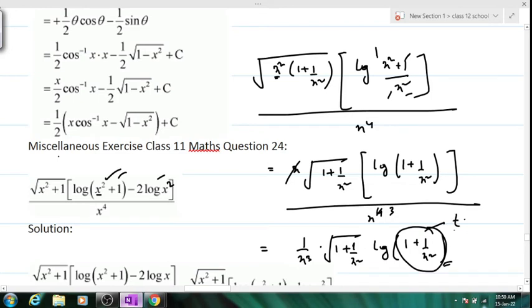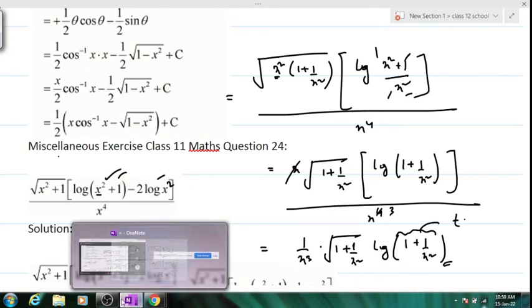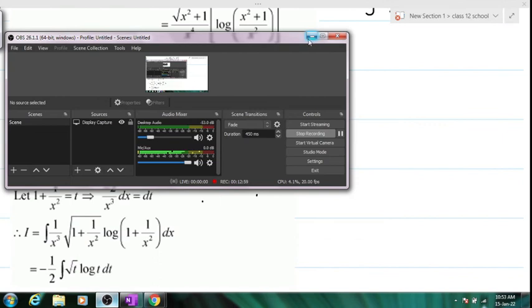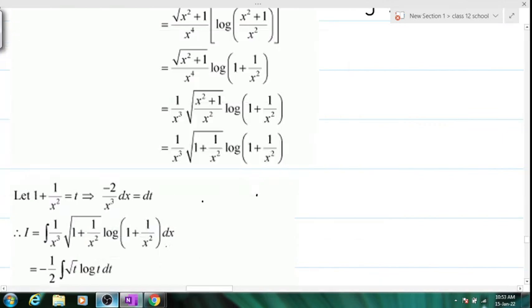Okay, when you take this as t, this will get simplified, and then you will have root t and log t. Understood? Take this as t and check what you are getting. First of all, arranging is more important out here than doing anything. Arranging is very important. Copy down this thing and consider this quantity as t and tell me what you are getting. I am pausing the video. So kindly complete the solution. I hope this much was clear.